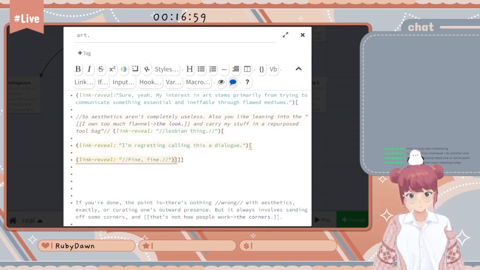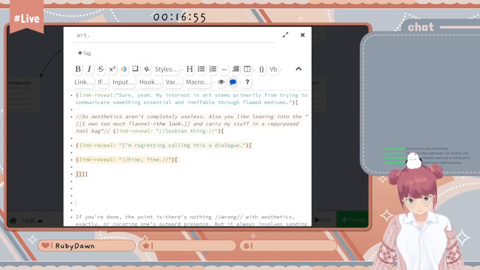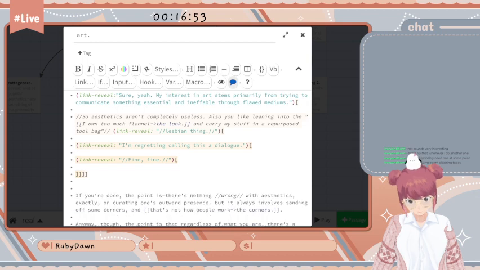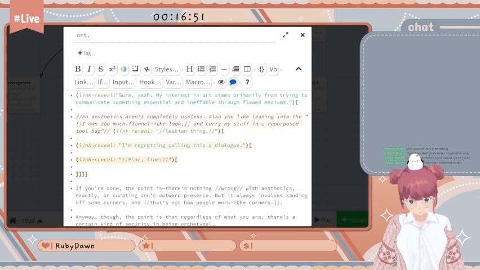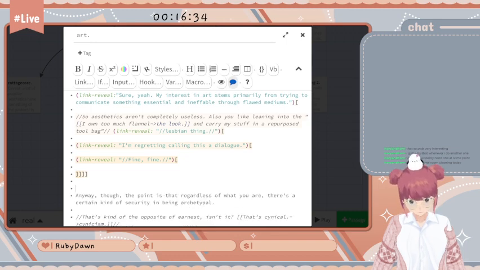What I'm doing here is not actually specifically writing per se, but setting up some passages in Twine so that every time you click on something here, or a passage, it gives you the next passage. Oh heck, what did I do? Okay.